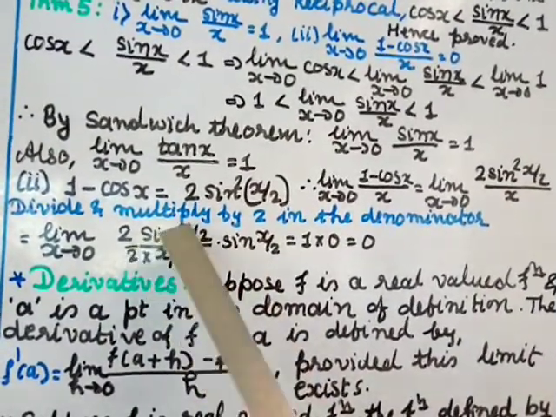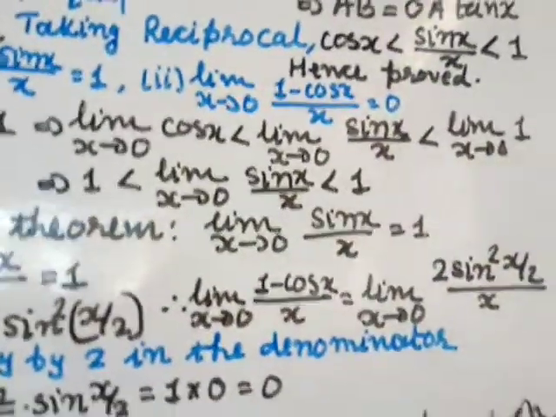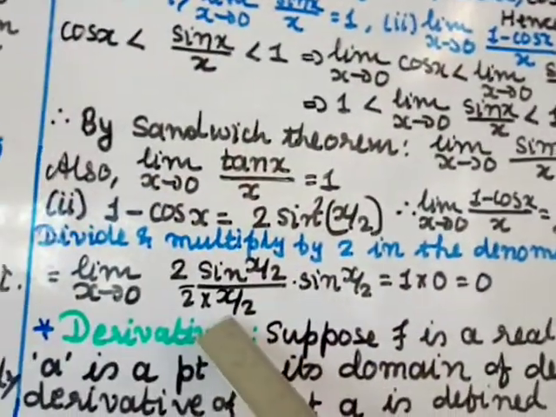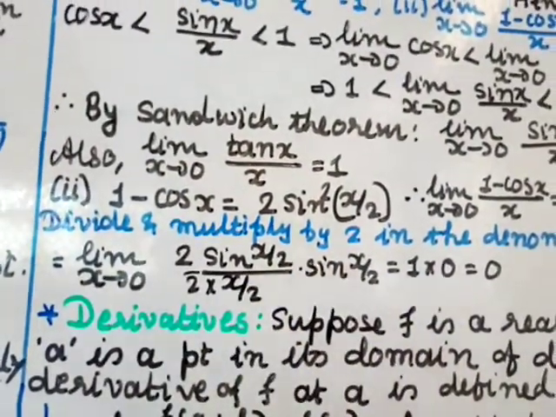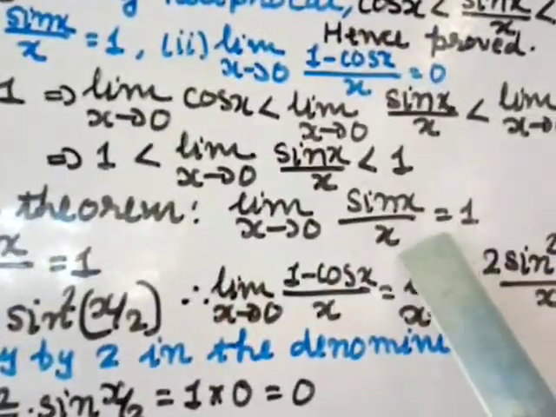Okay, now sin(x/2) by (x/2), this limit will be 1. Why? Using this identity. Here it is x, then it should be divided by x. Here x by 2, then divided by x by 2. These two should be the same, then only the limit gives you 1. That is also one of the conditions. This angle and this should be the same.